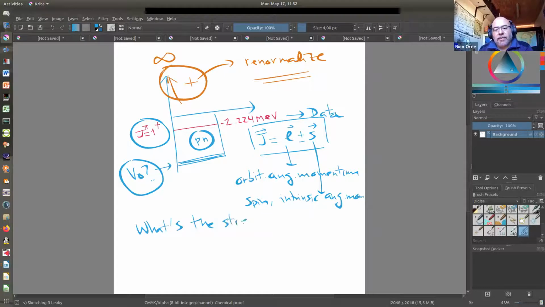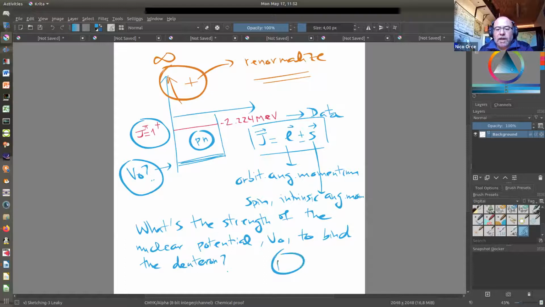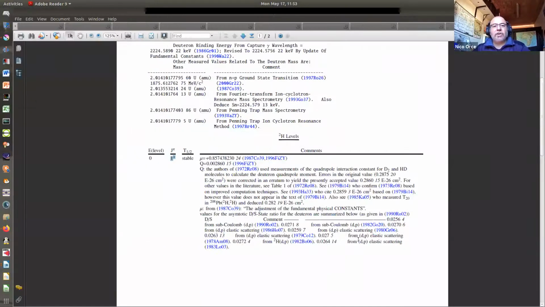So what is the strength of the nuclear potential V naught to bind the deuteron, which again is composed of a proton and a neutron. This is the simplest case scenario in nuclear physics. And as I say, when you don't know about more complex systems, the best thing is to go to the simplest case scenario. So now, as it is written in the lecture notes,